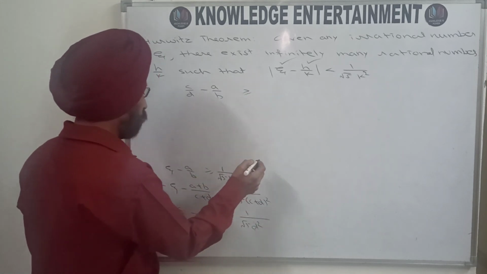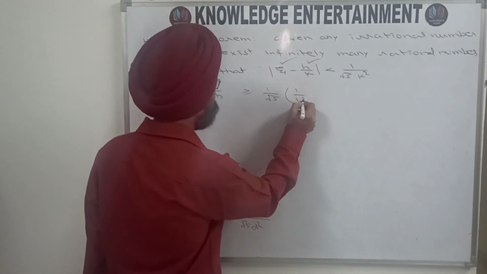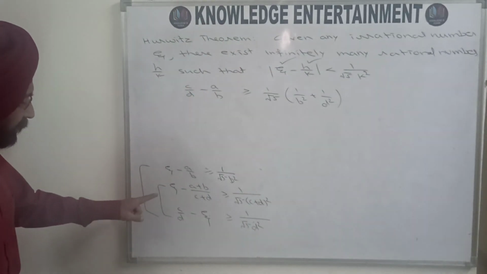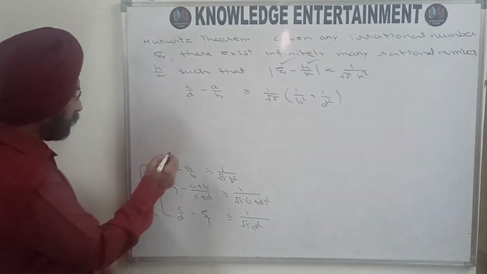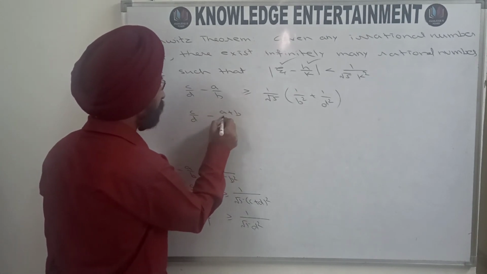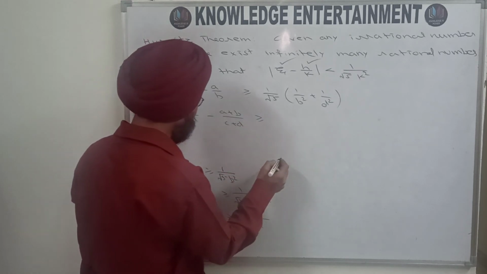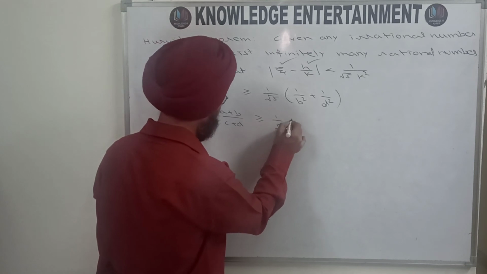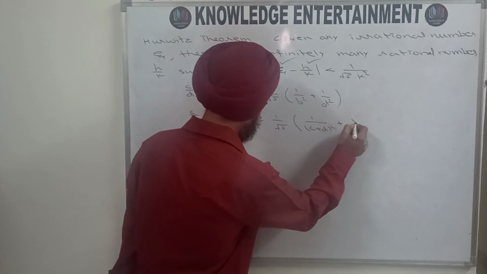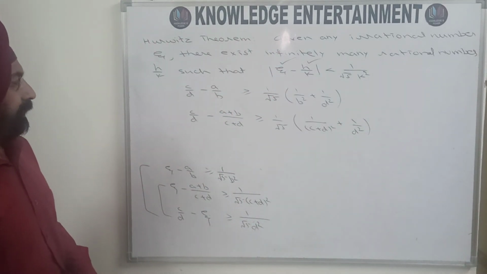on the other side, 1 upon root 5, 1 upon b square plus 1 upon d square. And adding these two, you will get c by d minus a plus b upon c plus d is greater than or equal to, and adding on the other side you will get 1 upon root 5, 1 upon c plus d square plus 1 upon d square. And